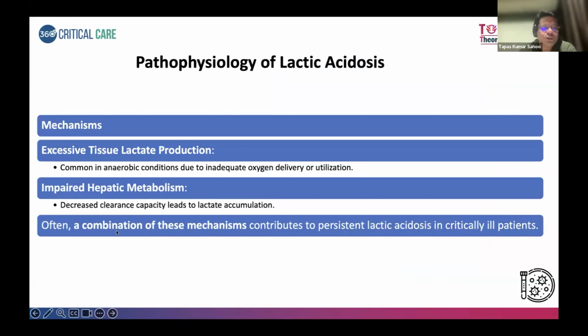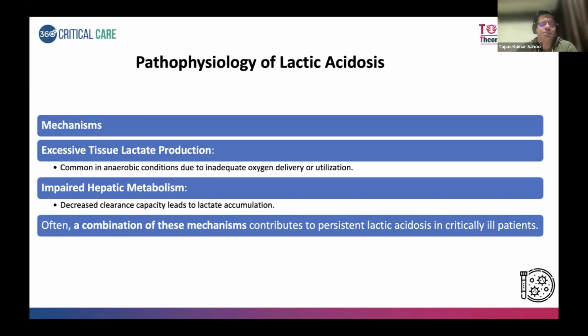Now, the pathophysiology, already we know why we'll be getting hyperlactatemia or lactic acidosis, because of mainly three mechanisms. Excessive tissue lactate production, that would be common in anaerobic conditions due to either inadequate oxygen delivery or utilization. There would be two states that would be resulting in excessive tissue lactate production. Now, the second one would be